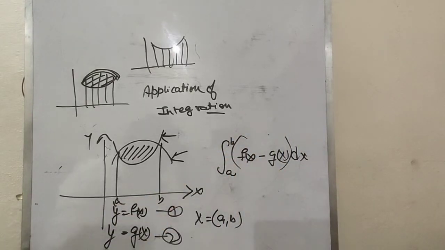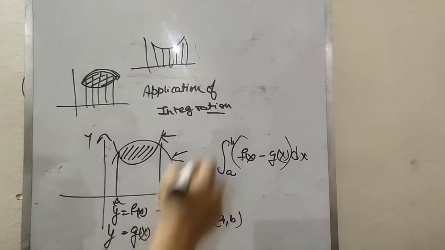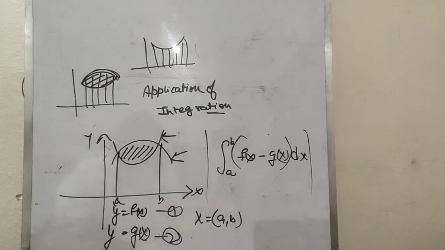Okay, so here the values can be negative as well as positive, but whenever you're working with the shaded regions, you will take the positive value. So we will take the modulus here. Okay,